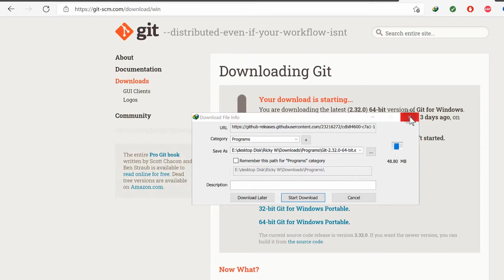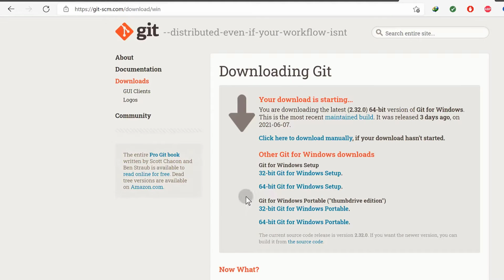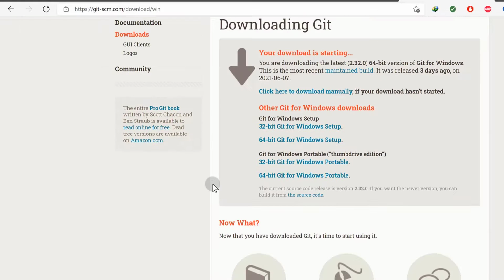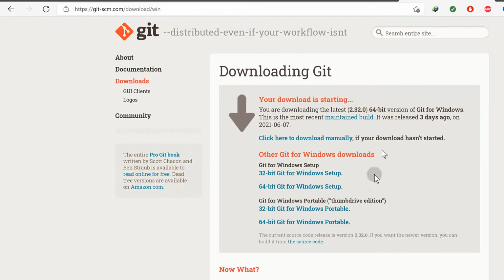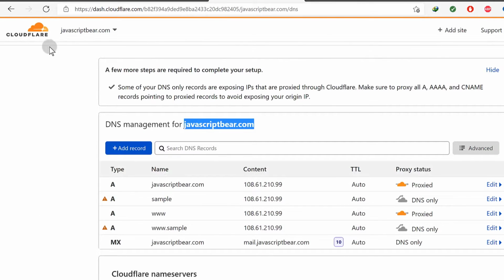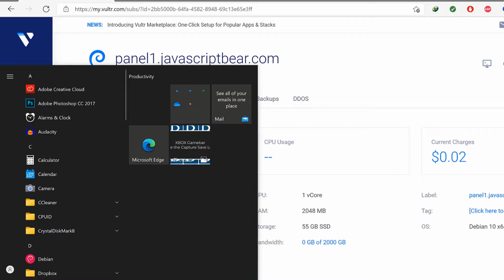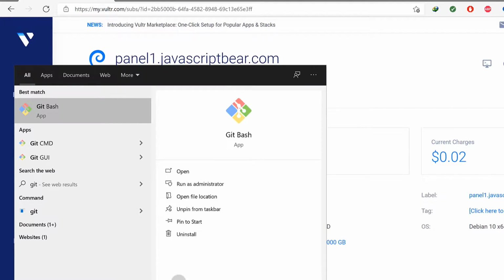So once the download is complete, this is going to install everything we need. It's going to install Git Bash. It's going to install Git, and it's also going to install Git CMD. So anything that you want to do with any of those others, you can do, but we are only interested in Git Bash. So once you install it, just go and open it up, and we're going to use these details to log in. So I'm going to come here in my start menu, and I want to look for Git Bash. So open up Git Bash,